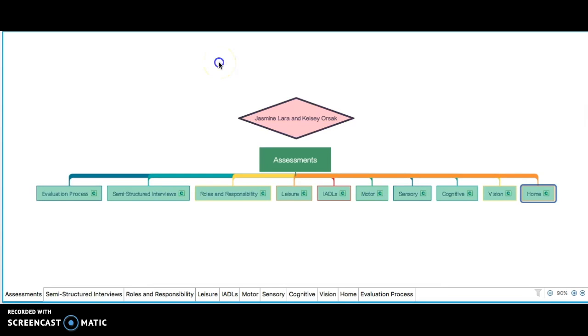After completing this portfolio, we feel more comfortable with the information learned this semester. It is a nice visual representation of everything we have covered that is easy to access. This portfolio will be handy when we begin to study for our final and prepare for the NBCOT. We can also use the portfolio if we need to quickly research an assessment during our fieldwork or when we enter the